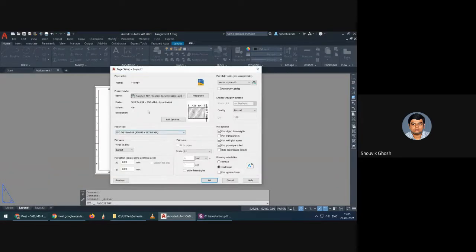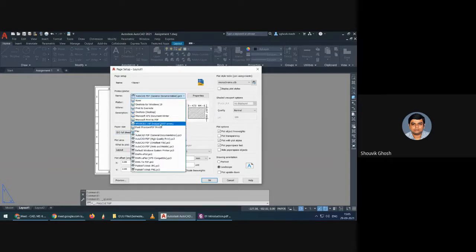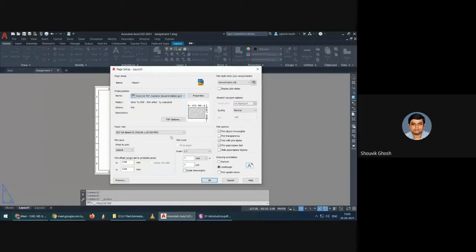In modify, set the printer to AutoCAD PDF. You will get this option, AutoCAD PDF general documentation within brackets. High quality print, general documentation, all are more or less the same, only quality will differ. General documentation is okay, it will carry less space. Then ISO full bleed A3, which means the whole sheet will be available for you.